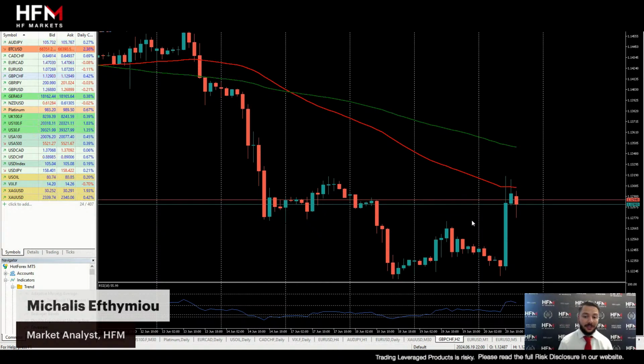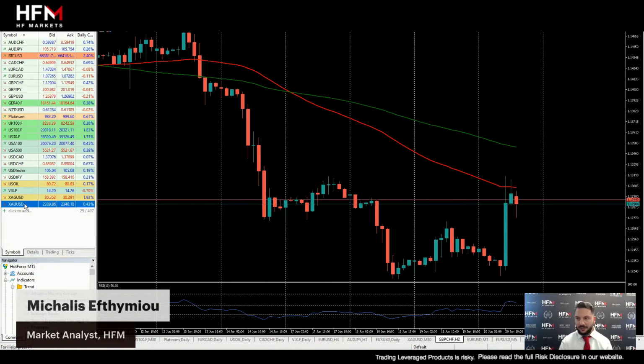So there's difficulty there. Why is there difficulty? Because they're conflicting with each other. Whereas if we're looking at the Swiss franc, like we said, the Swiss franc is the weakest performing, and the Australian dollar is the strongest performing. So if we go now to the Australian dollar against the Swiss franc, and we look at this price action